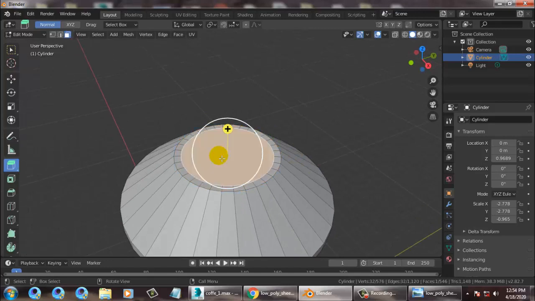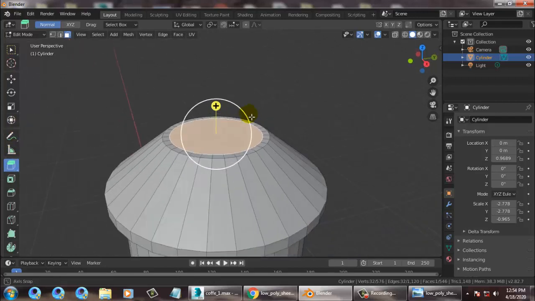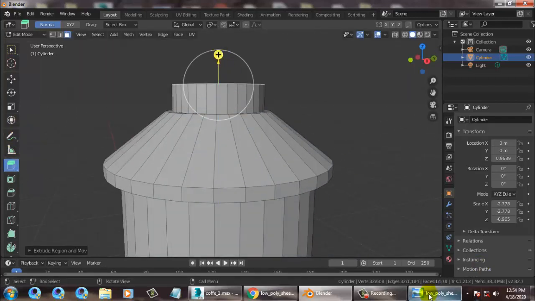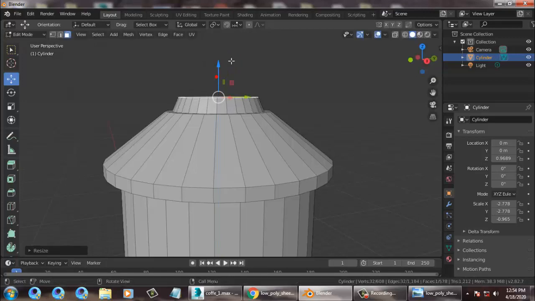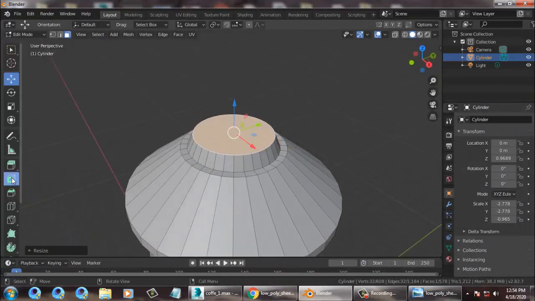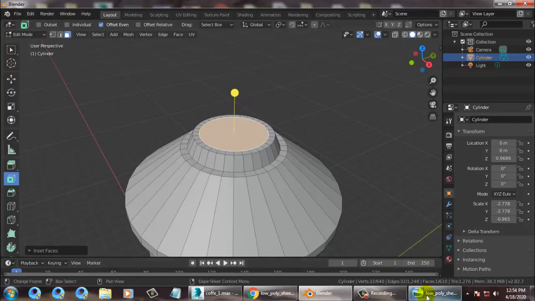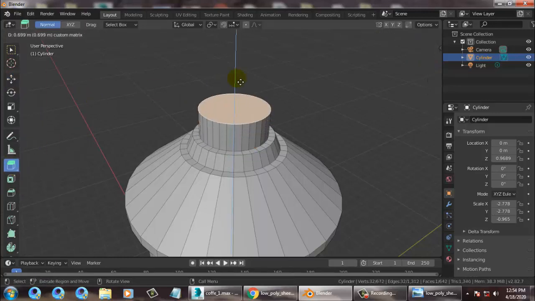So I'll just select this, and again I will use an extrude option up till here. I don't need much extrude from it. I'll just press S and I'll scale a bit. Again I'll use one more inset over here. We have an inset option over here. Let's inset a bit, and again extrude it, push this up, just extrude this up,